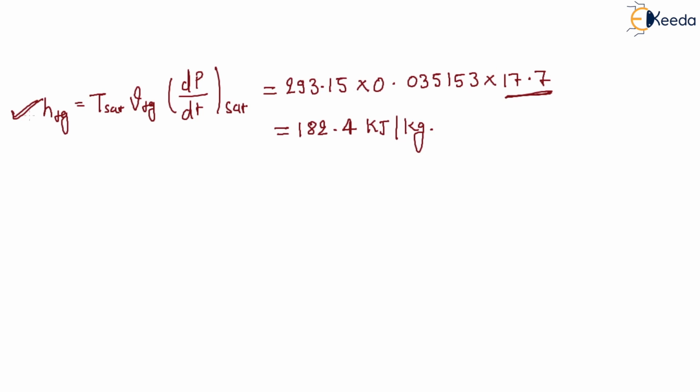Why? Because temperature, pressure and volume can all be directly seen from the table, and there is the relationship PV equal to MRT, but there is no direct relation for HFG, SFG, UFG. So the one relation for HFG is derived by the Clausius-Clapeyron equation. Okay, thank you very much.